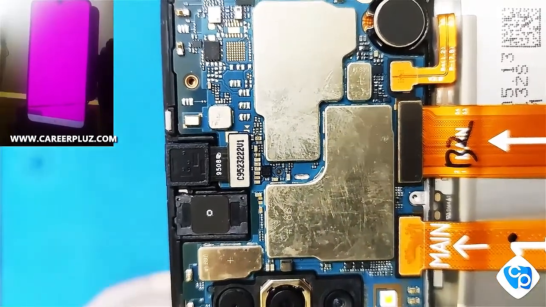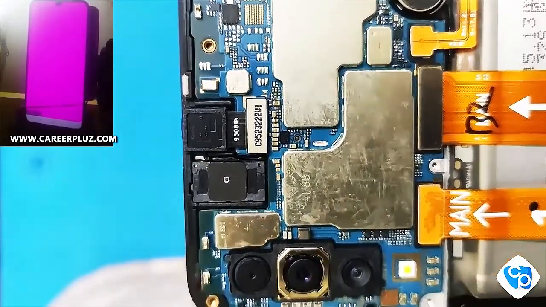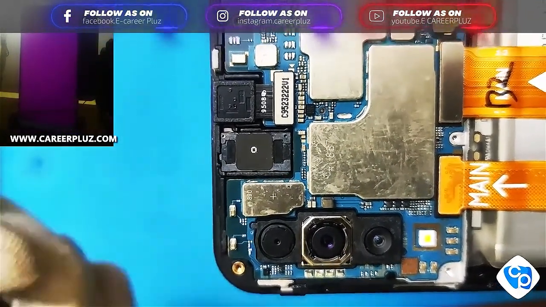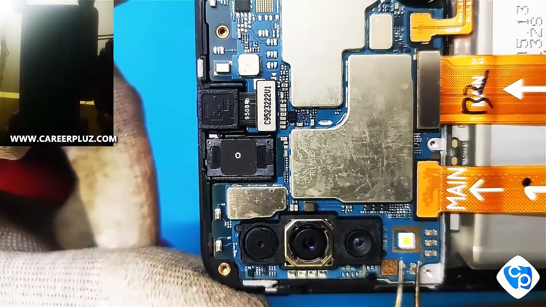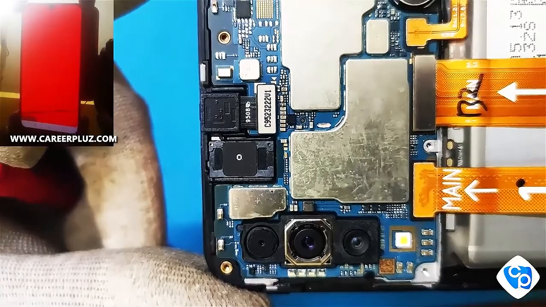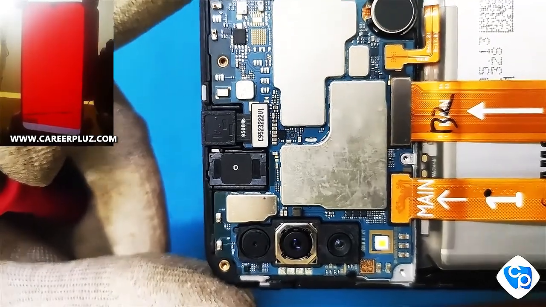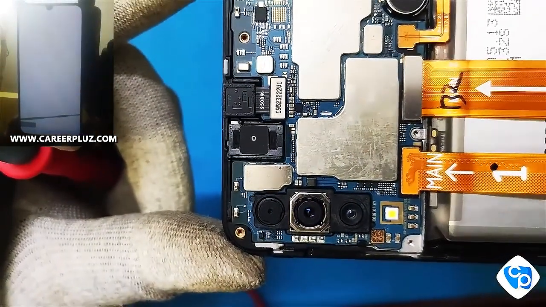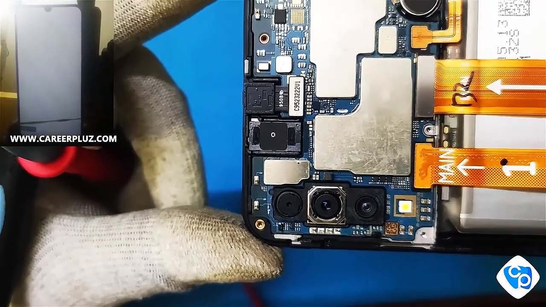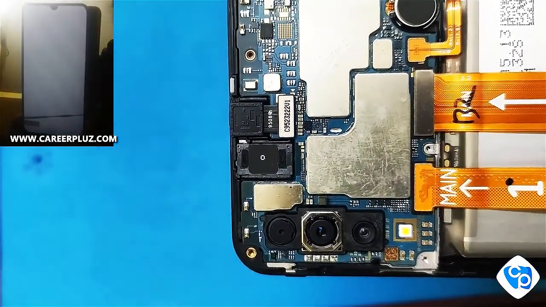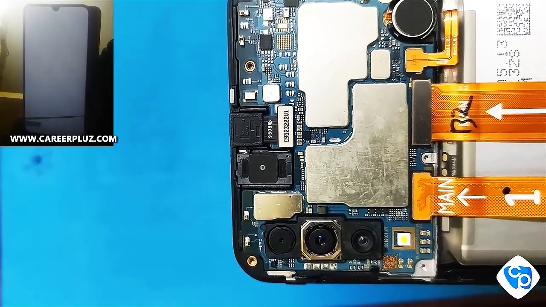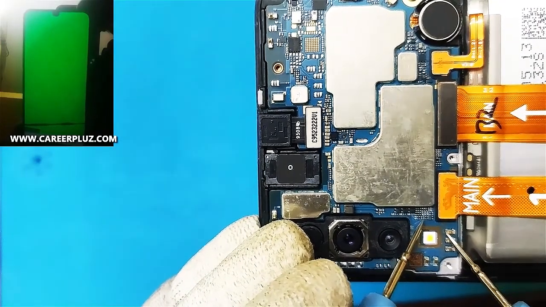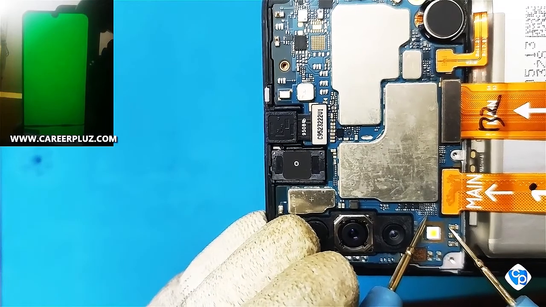At the corner, you can see the display image. Now the display is on violet color. Before checking the volume keys, first I'm pressing the power button. The color is changed, you can see that. Next, I'm going to short the volume up button. The color has changed to white. To short the volume down button, keep the multimeter on continuity mode. Now I'm placing one probe on the capacitor, the other one on volume keys. The color has changed to green. So the volume down key is working.